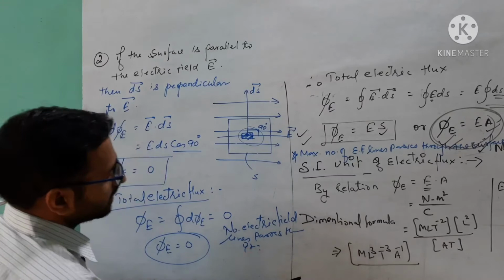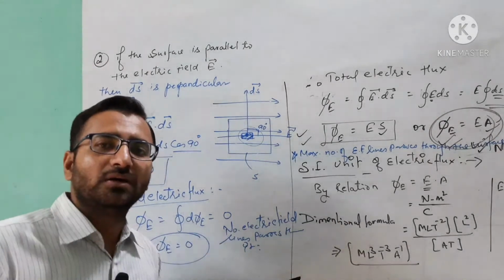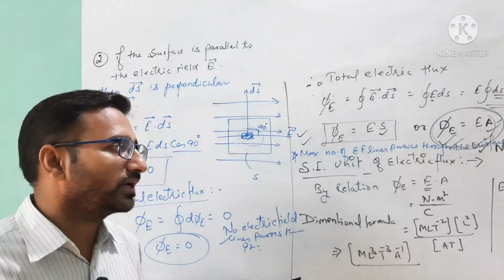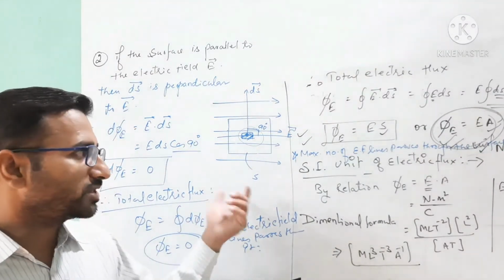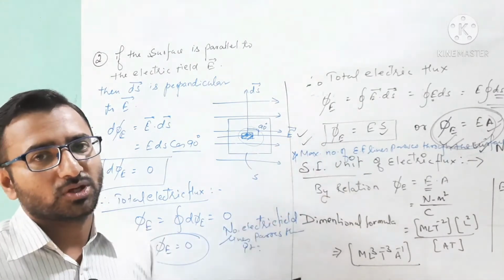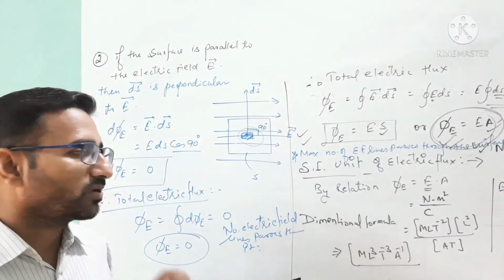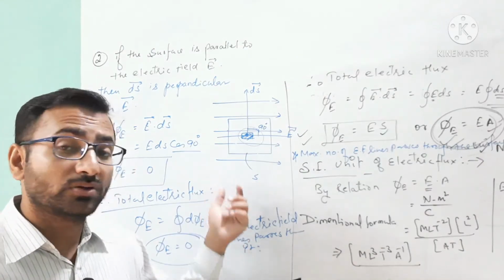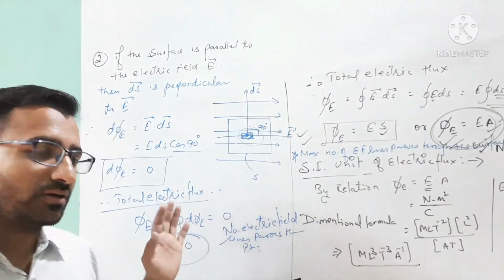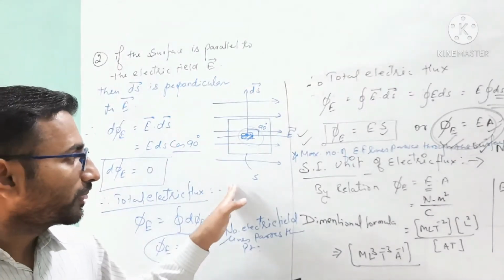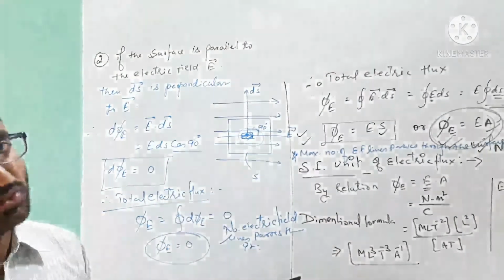It means that in an MCQ, when the question asks when the maximum number of electric field lines passes through the given surface placed in an electric field, the options are: when the surface is normal to the given electric field, when the surface is parallel to the given electric field, both of them, or none of them. Okay, so you will opt for one option by understanding these two topics.